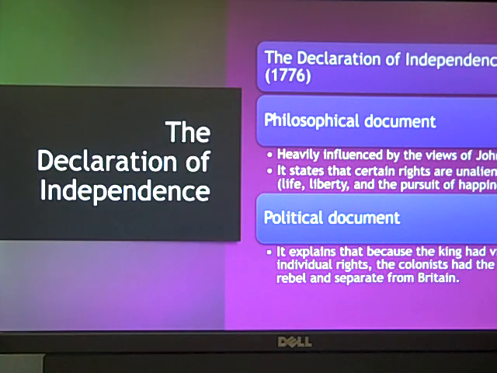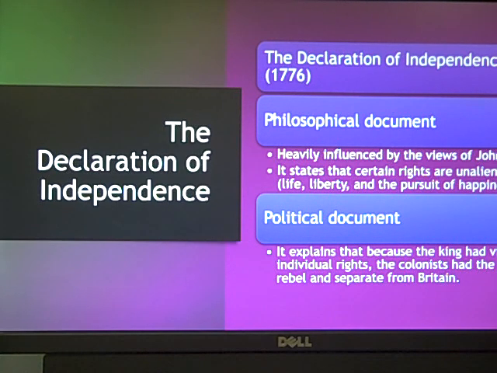There's the Boston Massacre and a whole bunch of other things. But ultimately, at this point, we're on the path now to a Declaration of Independence and removing ourselves from British rule, right? So the Declaration itself is actually a highly philosophical document, right? A lot of this comes from an Enlightenment thinker, a philosopher named John Locke, right? John Locke had this idea that people were basically endowed with 3 rights, okay? 3 rights, that's it. If you have these 3 things in life, you're good, and that's all you need. And the reality is government should only exist to ensure that nobody infringes upon these 3 rights of yours, right?